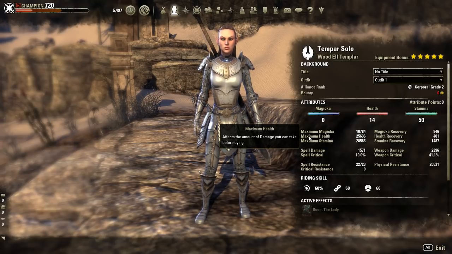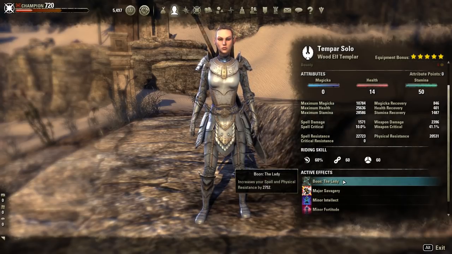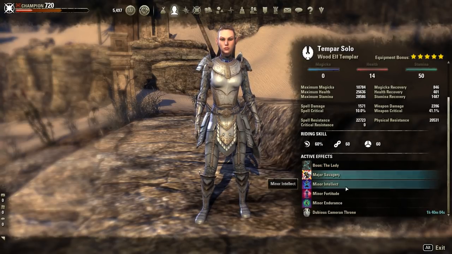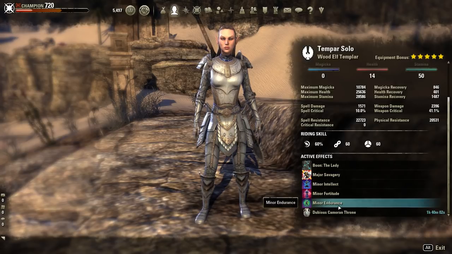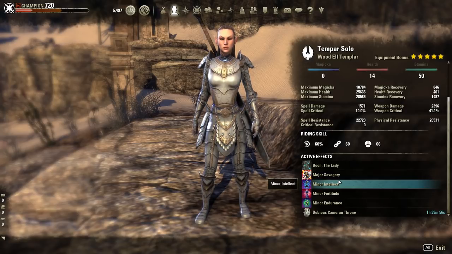So, now that you've seen the stats, let's move down here. We are running the Lady Mundustone for extra resistances. It's kind of important, so make sure you have this. Major Savagery from Expert Hunter, Minor Intellect, Minor Fortitude, Minor Endurance. We are running Repentance on the main bar for those greater amounts, but it's not really needed, depending on how